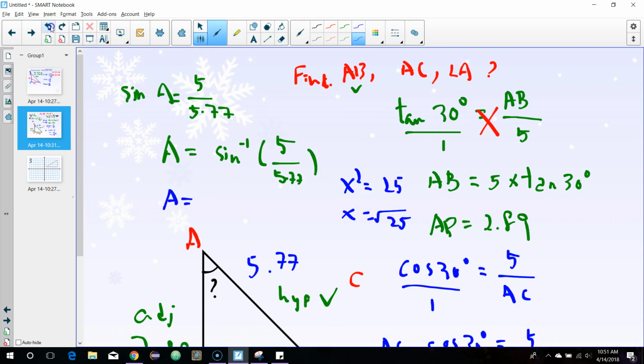oops, I should use green instead. 60.06 degrees. Okay, so it's just a simple example, and I hope that helped some of you who are absent for